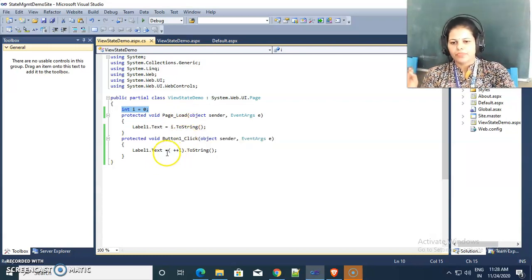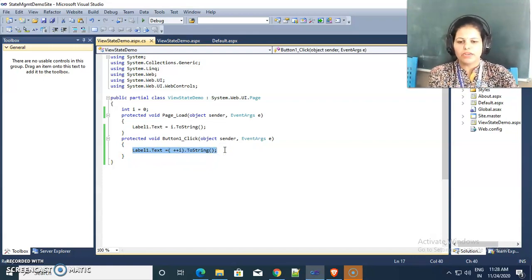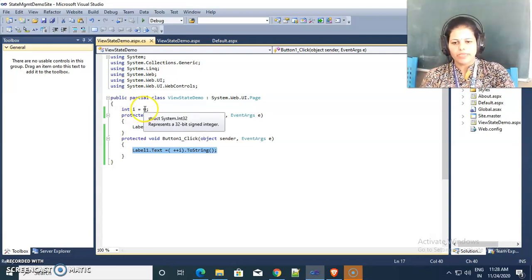After that, the button click event will be executed. First the value will be initialized as 0, then page load occurs, then the button click event occurs.